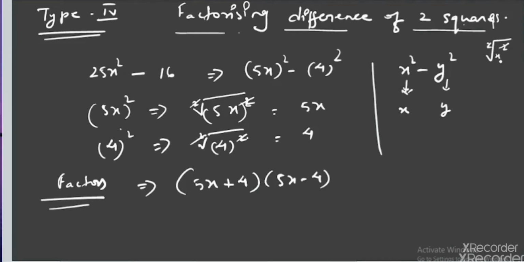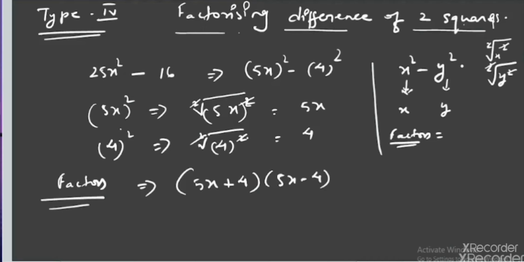Simply cut and you get x. Similarly we do for y square. If you put y square in the root and you get a pair inside, it means it is a square term. You just cut it and you get y. So again you get y as the root. Now, once you have taken out the roots, you have to find the factors. And how do you find the factors? You will find two factors.